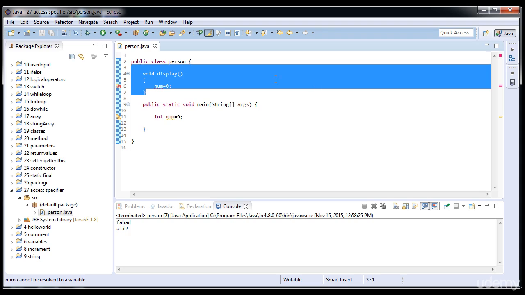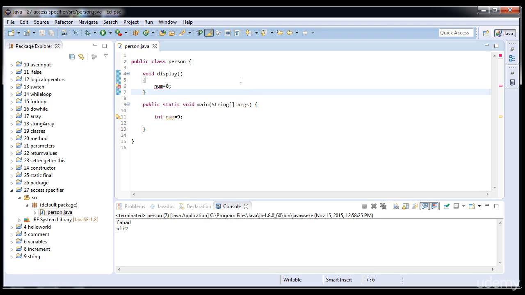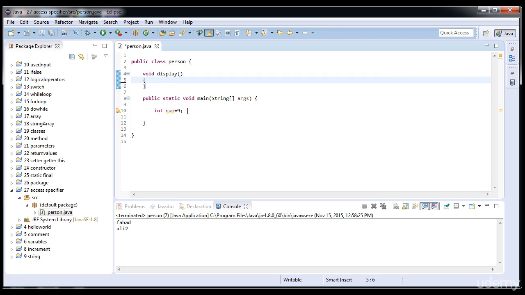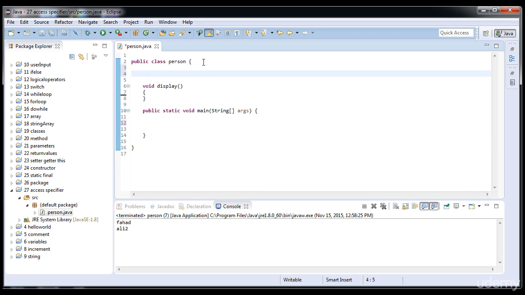So this is the scope, and now I'm gonna tell you about the access specifier, how to increase the scope if the number is in the main or in the class. So how to increase its scope using the public, private and protected keyword. First of all, I'm gonna use the public keyword. So here I'm gonna remove this and remove this, and here in the class I'm gonna declare a variable string, then name, and now I'm gonna write the public keyword before